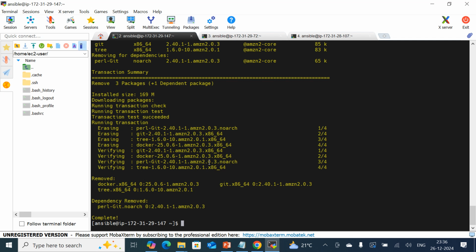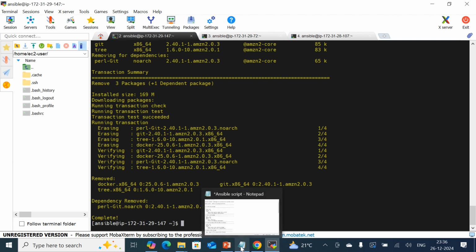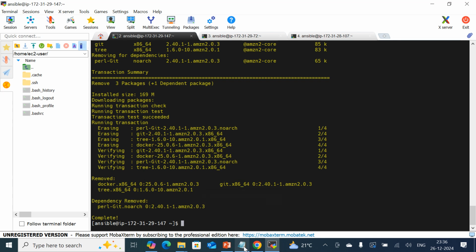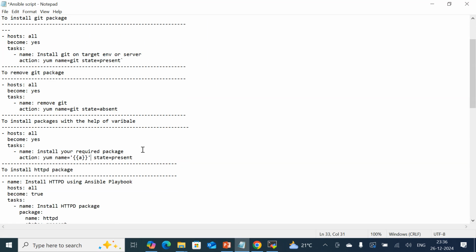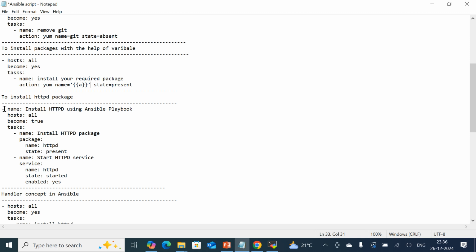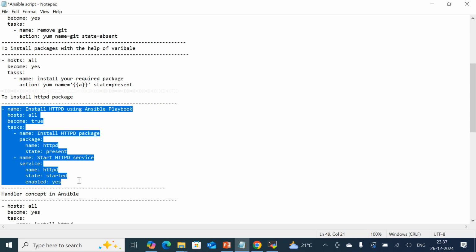Okay. In a similar way, if I want to install the HTTPD service on the target environment, how can I do that? So just please have a look at it. To install the HTTPD package, this is the command